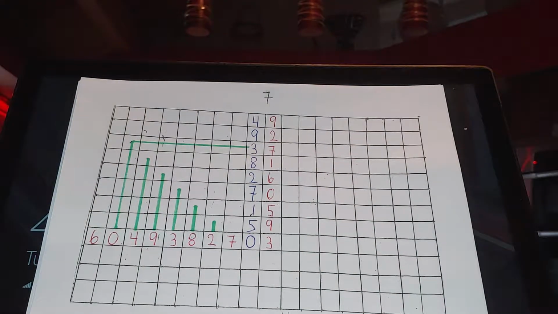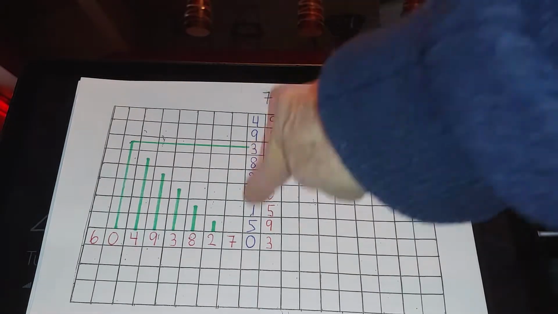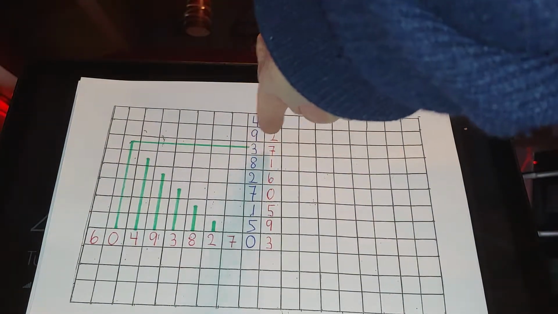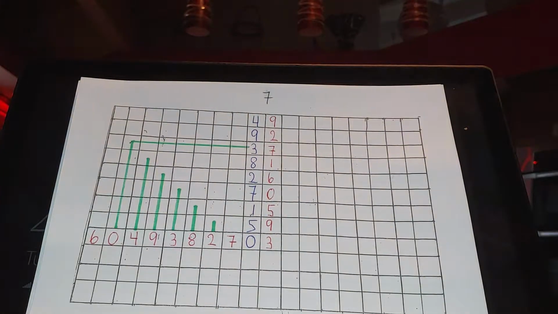Now with 7, it's helpful to know a couple of things. 7 squared is 49, 77 squared is 5929. Well, that's helpful to know, but if it's failing you, it's right there in front of you. And then it goes